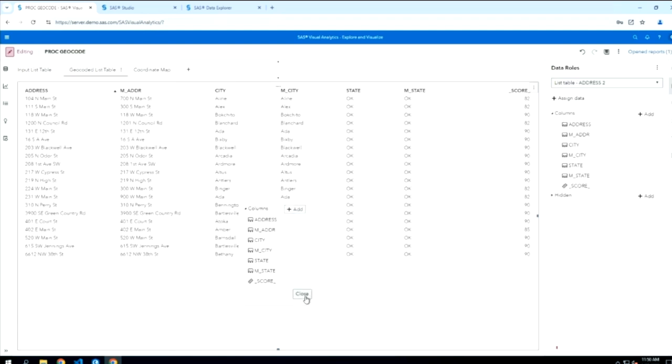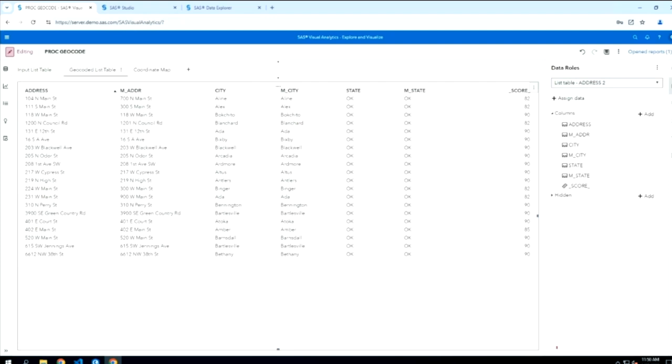And if I look at this, we can see that our scores are mostly pretty good. They're all above 75. Got some in the 80s, some in the 90s, and we can see that not everything is a perfect match. This first row that has a score of 82 looks like it didn't quite match the number of the address. The input address was 104, and the matched address was 700. But they're all in the same city, all in the same state, and all look like they're if not the exact address, very close to the address. So these generally performed pretty well.